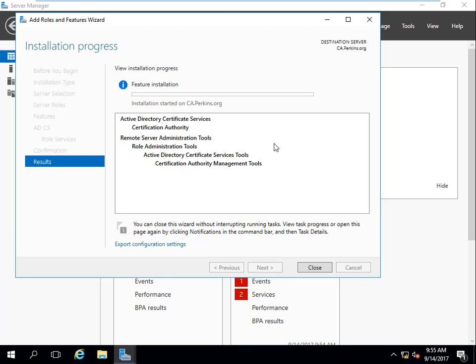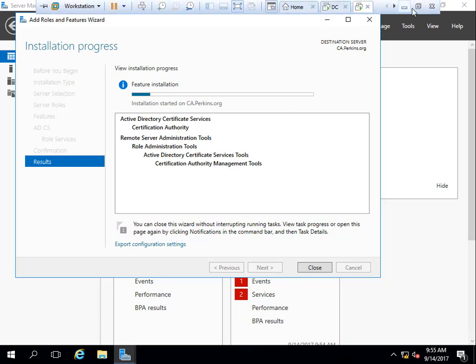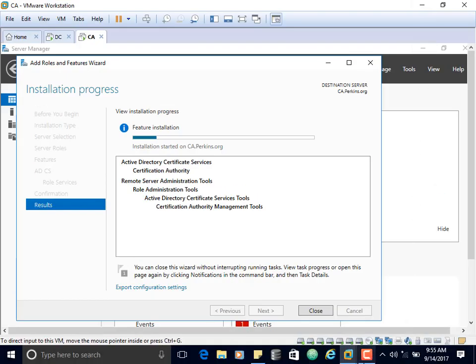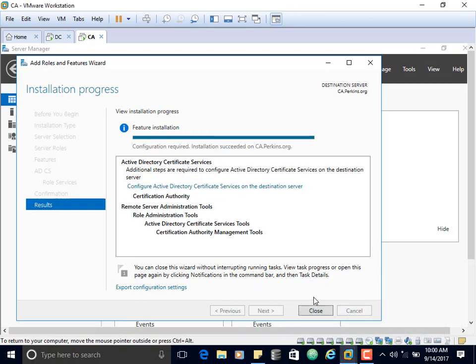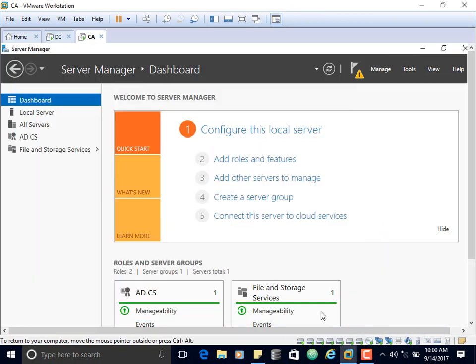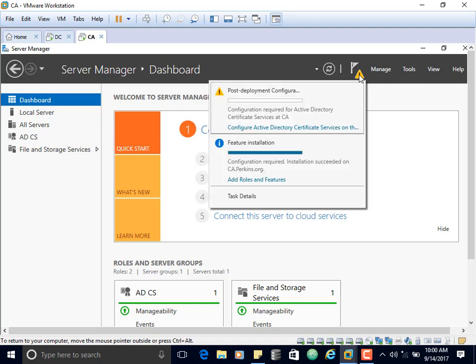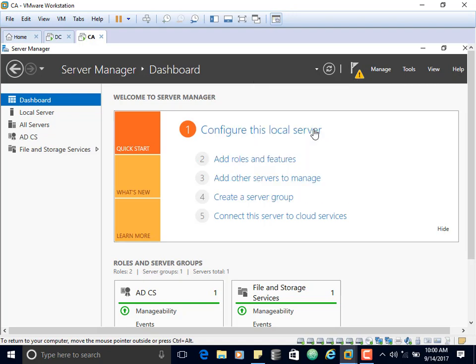And once the installation is complete, then we can go ahead and configure this system. I'm going to pause my video. I'm going to go back here. So this is finished installation now. So I go back here and then I will be able to configure Active Directory